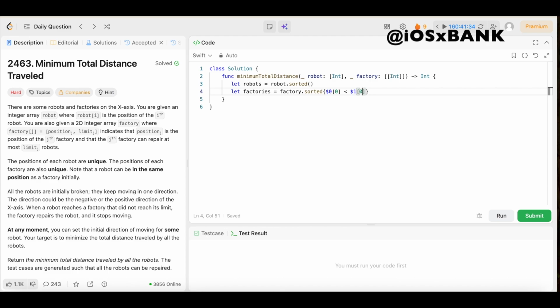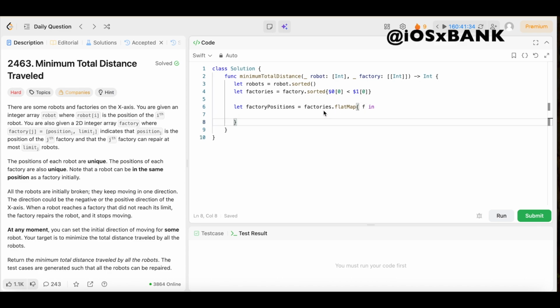So we're going to say, let me see. So it will look something like this. We'll say let factory position equal factories dot flat map. Open up the brackets, FN, come inside these brackets, we're going to say